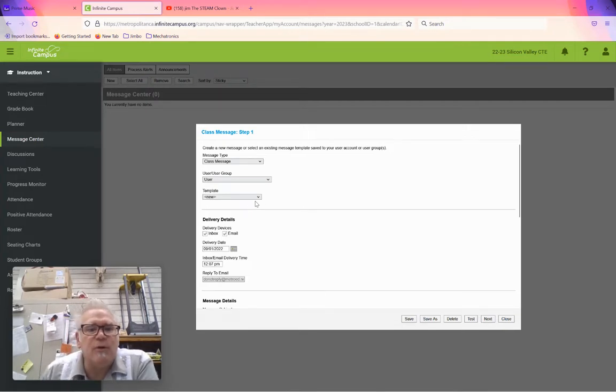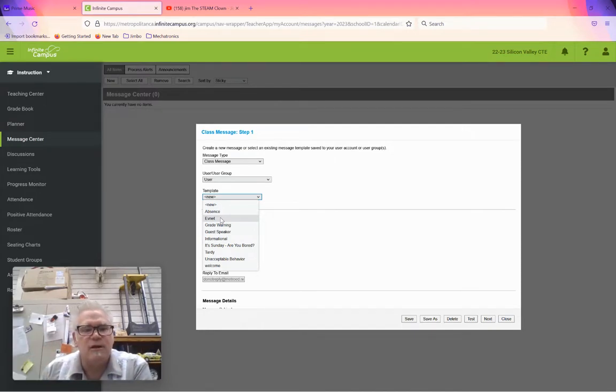For example, I can come in here and I've got an absence template, some event template, like, hey, this thing is happening, and I'm just sending out mail, and I create a little template around it so that I can do stuff. I've got a grade warning one. I've got some other ones, like, hey, it's Sunday, you're bored. Do you want to do something before class starts? I send out a little message and have students see something, and maybe they get an opportunity to do something. And so you can actually set up these little templates